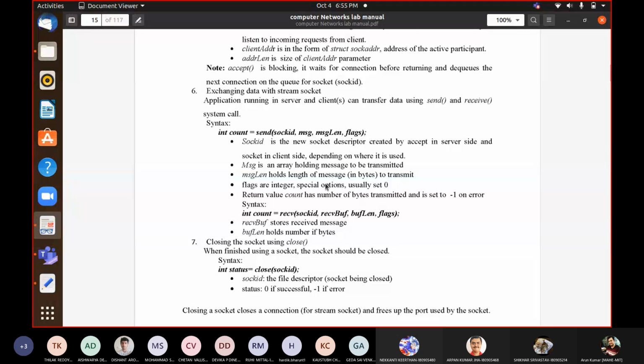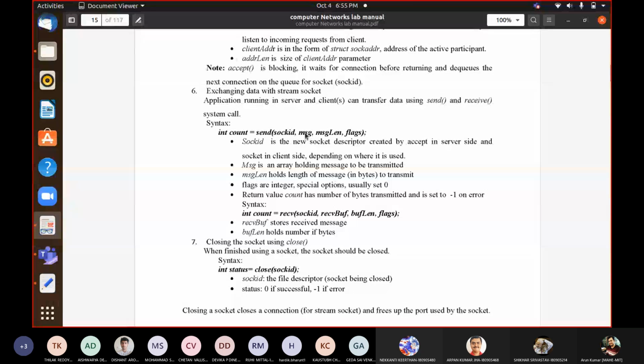When you are sending something, the socket is a sort of logical construct. The application is going to deal with the file descriptor only, but you require some location where this socket descriptor would read the message and then send it. So that location should be there. In case of send, it could be any buffer, any array, any string, anything you want to send. That location you have to give as an argument in send, and then its length, the entire length of that message.